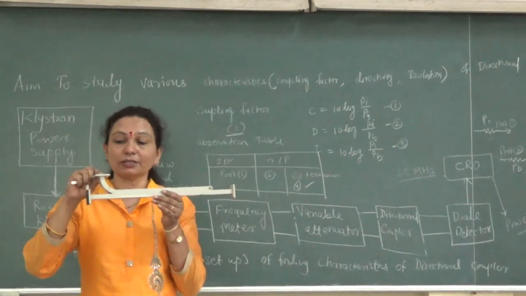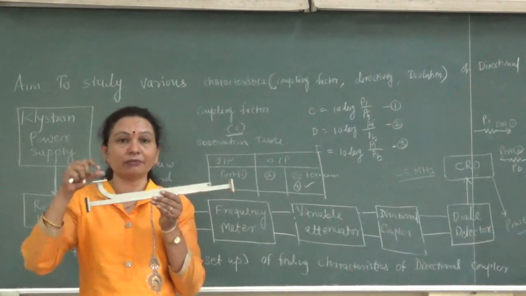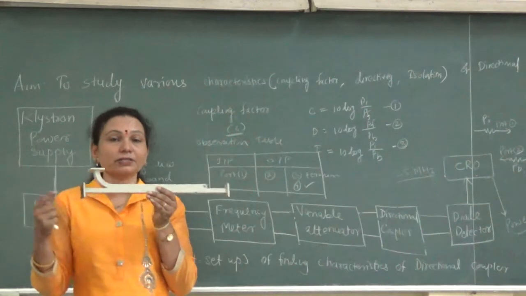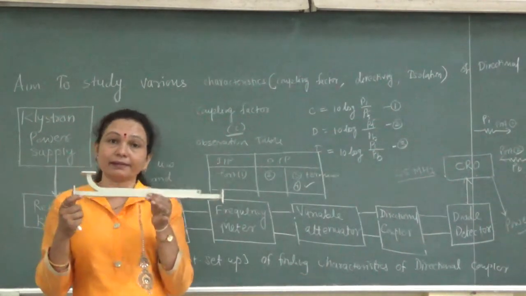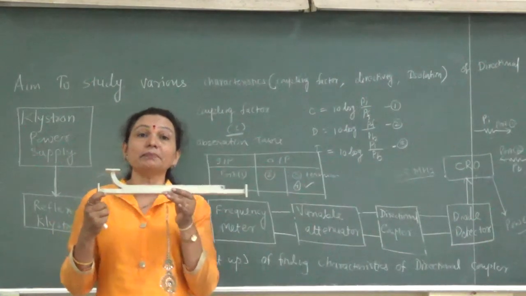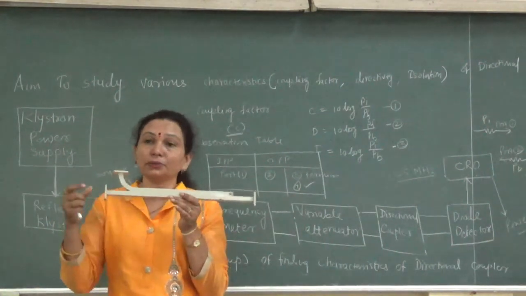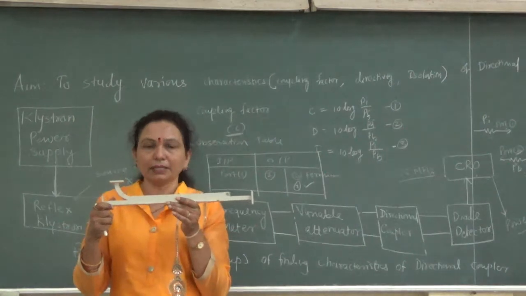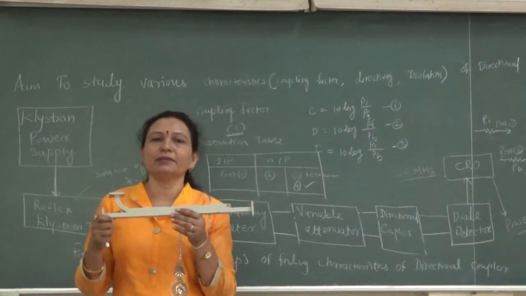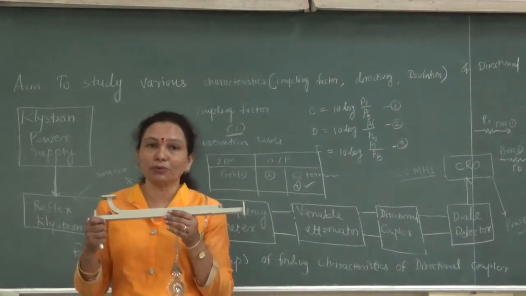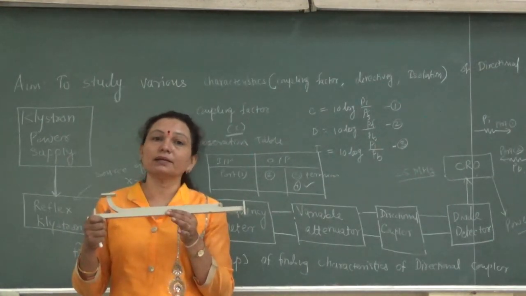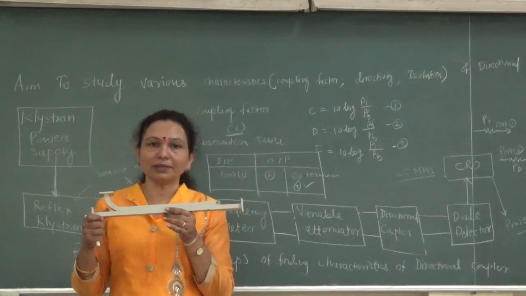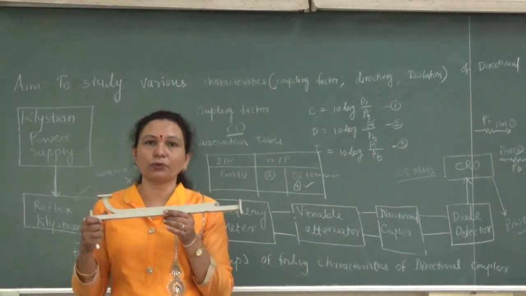So we have to sample the power and measure it, to know which kind of power is going from one point to another. Actually, for that purpose this directional coupler is used, and that's why the name is given as a directional coupler. It is used for coupling the signal. There are a number of directional couplers available, the single hole directional coupler and the 2-hole directional coupler, but their operation is totally based on the electrical length, which is given in terms of lambda g by 4 and lambda g by 2.